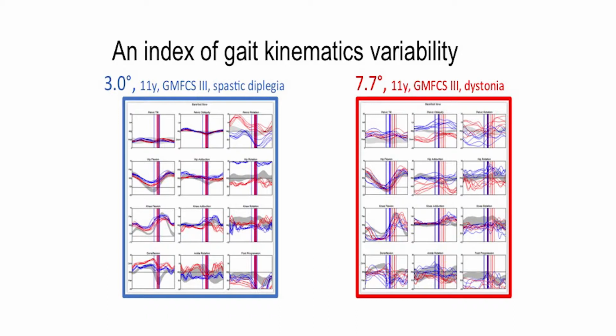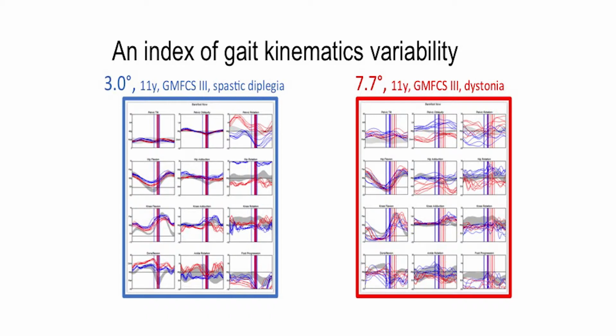On this picture, this is the typical graph array that we look at in gait analysis. The first row is the movement at the pelvis in the 3 planes, the second row is the movement at the hip, the third one is the knee, and the last and bottom one is the ankle and the foot. We can come up with a calculation that gives us an overall number that summarizes how variable the gait pattern is. In this case, it's 3 degrees on average for this child who was 11 years old, GMFCS 3,